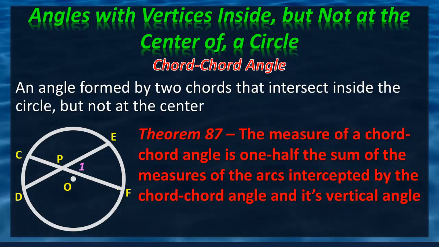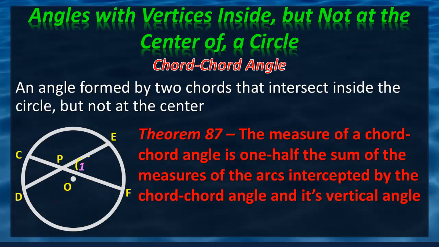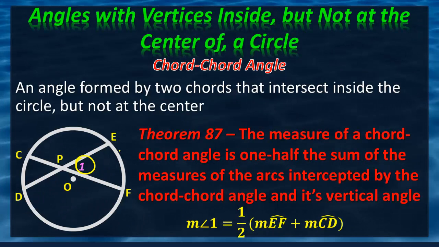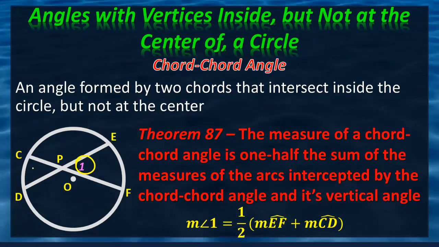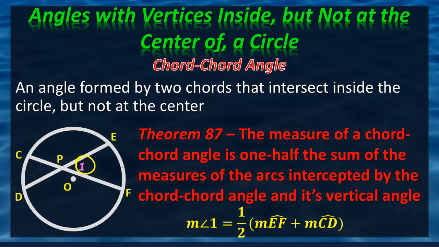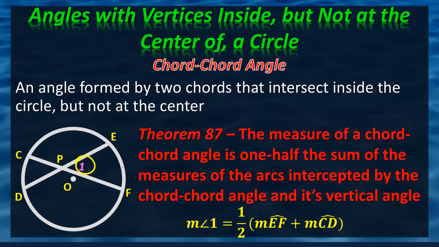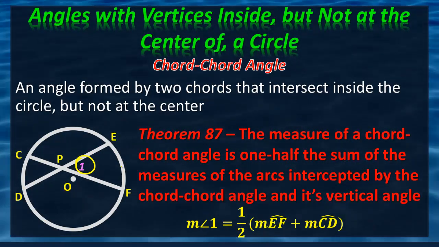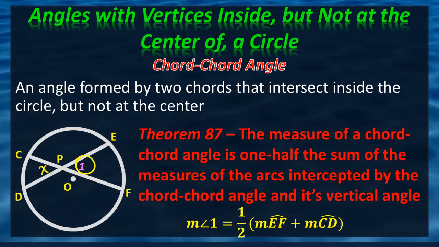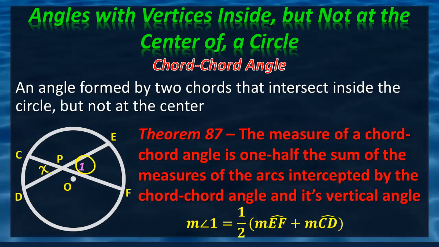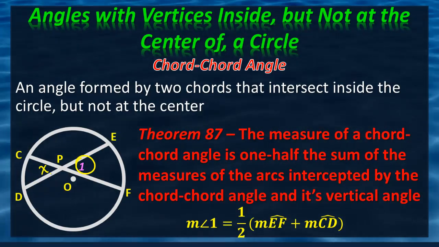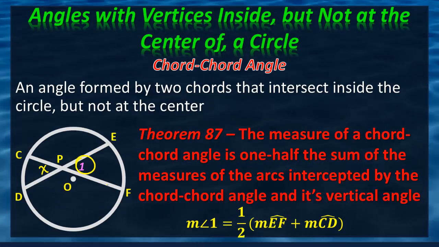All right, so let's say that here you have angle 1. Okay, how do we figure that out? Well, you take the measures of the arcs that the two chords create, CD and EF, you add them together, easy enough, and then you just divide by 2 basically. So you'd add the arc measure of EF and CD, divide by 2, that would give you the measure of angle 1. And let's say I call this angle x, that would be also the same measure because they're vertical angles and vertical angles are congruent. So remember, inside the circle, add the arcs, divide by 2. So that's an easy way to remember that, which takes me to the next one,